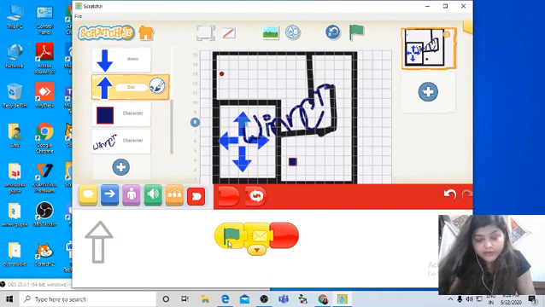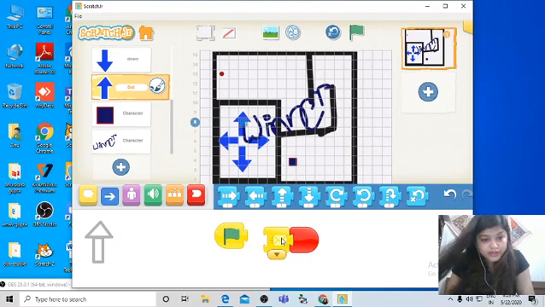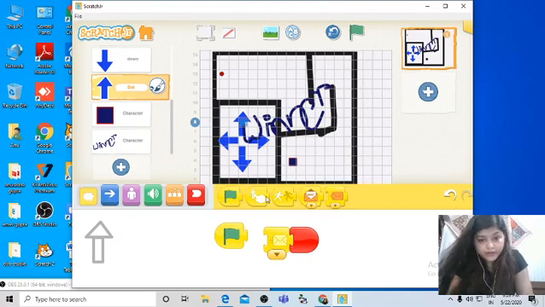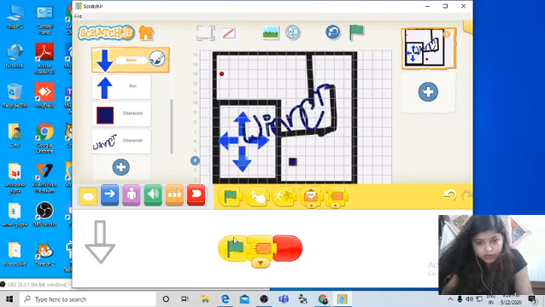Instead of green flag, children, when you touch the particular arrow, it will generate some signal. So I'm just removing flag from here and I'm using this block. When you click on that arrow, it will send some signal. I need to make changes in all the arrows. It will take a few seconds only.